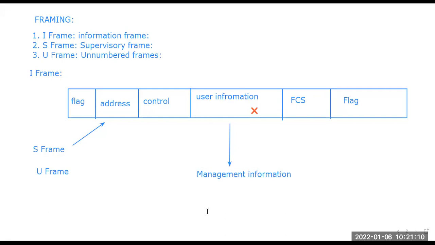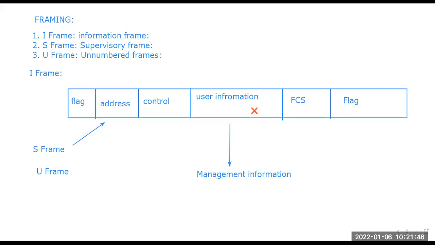Why management information? When we heard about the U frame, it was meant for management purposes and it was managing the link by itself. So that's why it is for system management, and management information will be passed in place of user information. In the I frame, the user information will be passed and control information related to user data will be passed. The supervisory frame only transports the control information, and in unnumbered frames, or U frames, as it is system management with the control, the management information will be passed. So these are the three frame formats: I frame, U frame, and S frame, right?